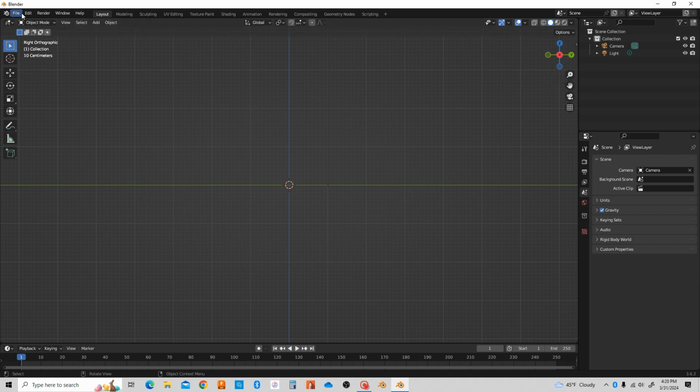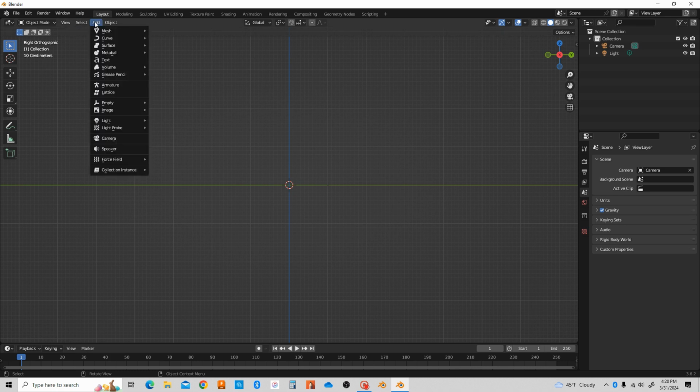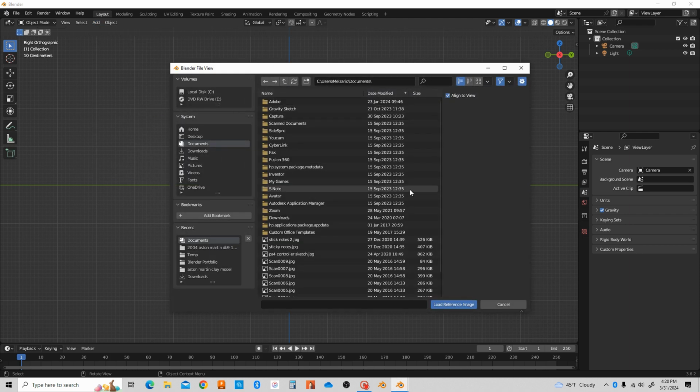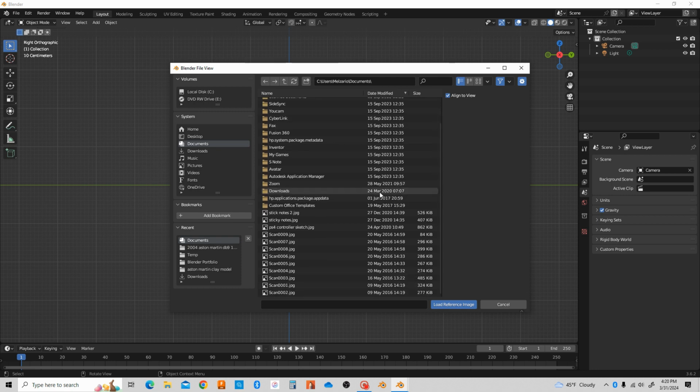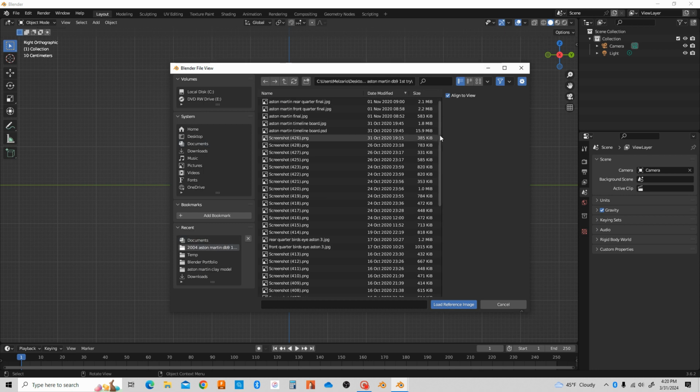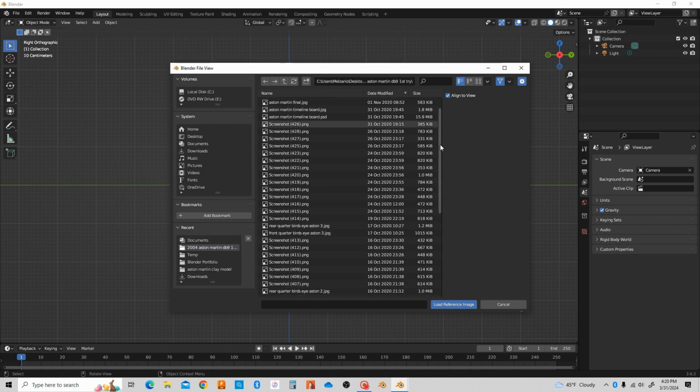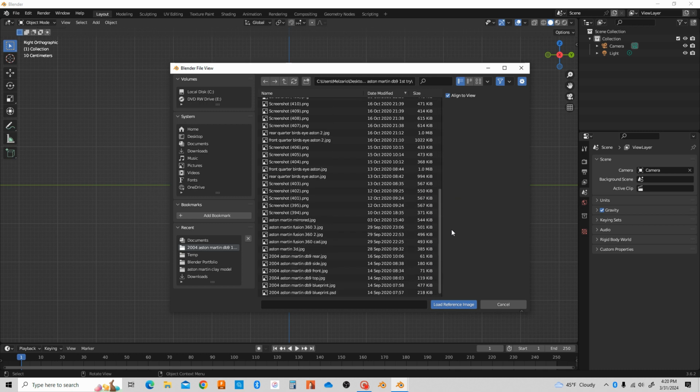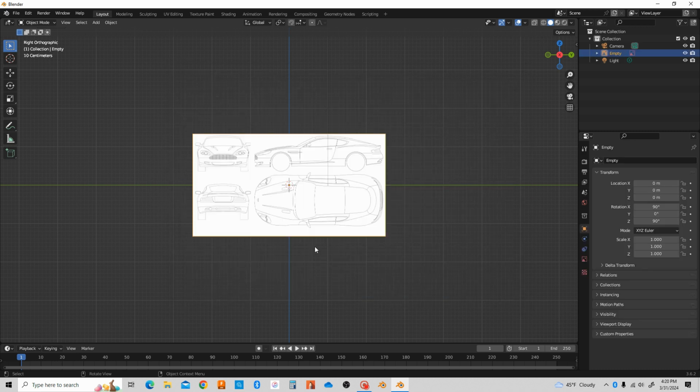Alright, now let's go to add. You want to go down to image, and you want to click on reference. Okay. Now you have to go to the appropriate folder to look for your blueprint. I have everything labeled accordingly, so I'm gonna bring in the blueprint and load reference image. You left click. Alright, now what we have to do